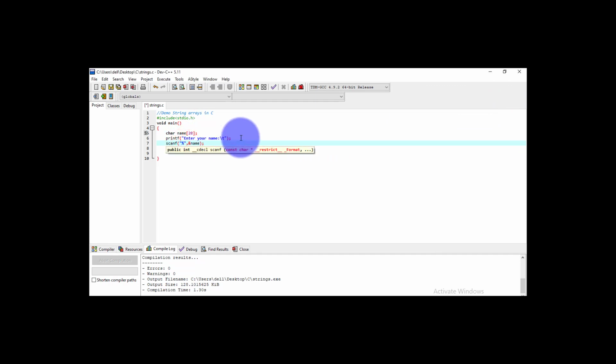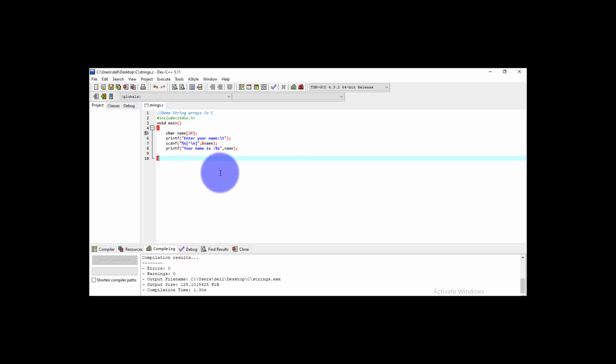Here we have to use %s as the format, then put your big bracket, and here you have to write exponent and then \n. What it will do is tell the compiler to read until the new line feed is given. In the case of computer input, the new line feed is done by pressing the enter key. So it will read into the variable through the keyboard until the enter key is pressed.